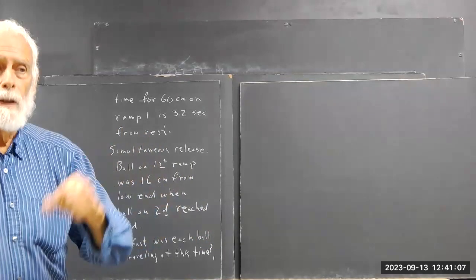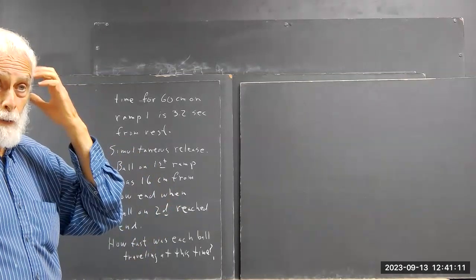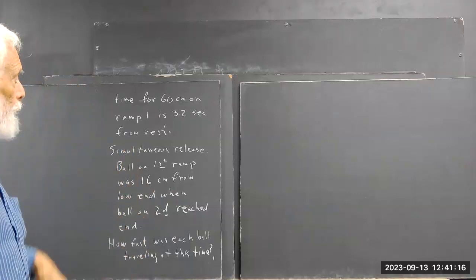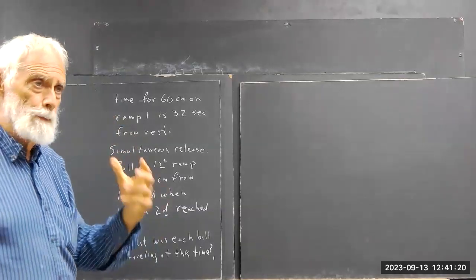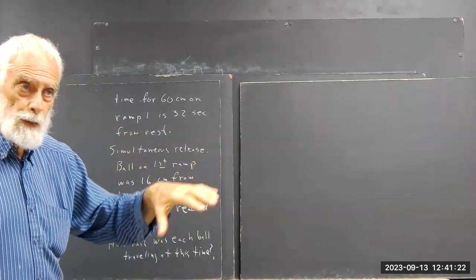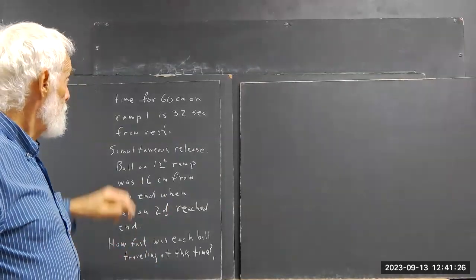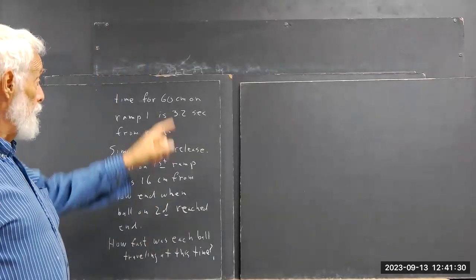We assume we have uniform acceleration on both ramps. They're both straight. The balls are reasonably smooth. The ramps are reasonably smooth. They're tracks, so they keep the ball in the track and so forth. So we ignore any little deviation from uniform acceleration. It'd be very minor in this case. So first piece of information I gave you,